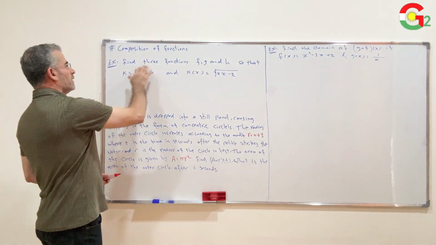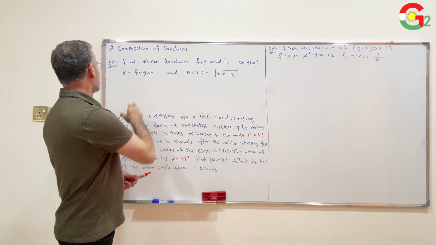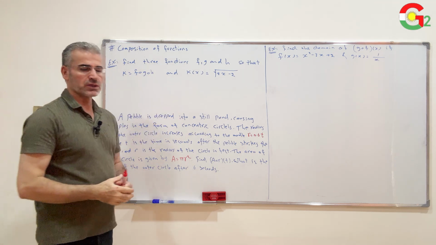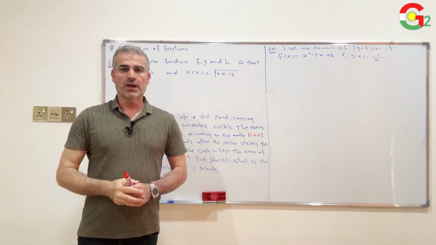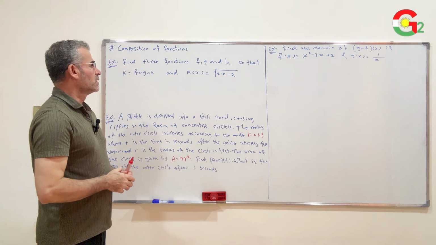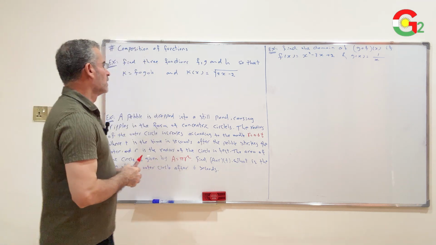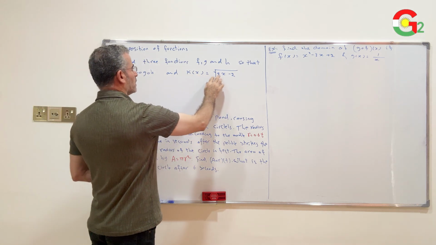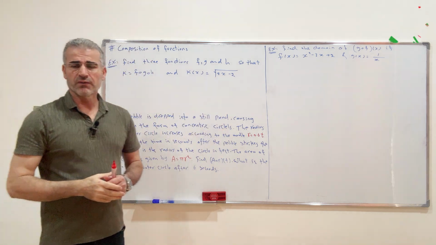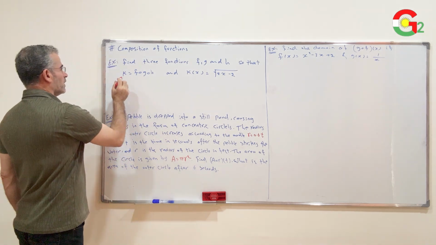Example: find three functions f, g, and h so that k equals f of g of h and k of x equals square root of 2x minus 2. This question has infinitely many solutions. You need to find functions that make k of x equals square root of 2x minus 2 equal to f of g of h. I'll give you two of these infinite solutions. If we set